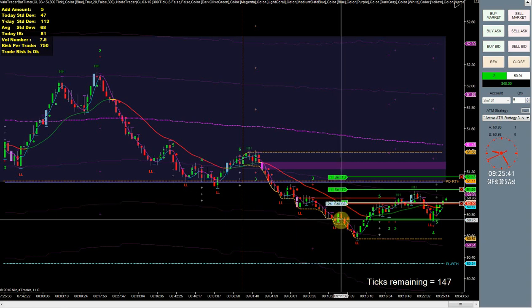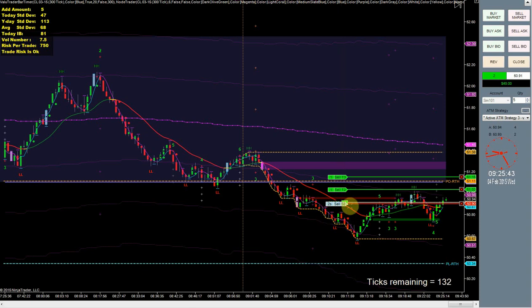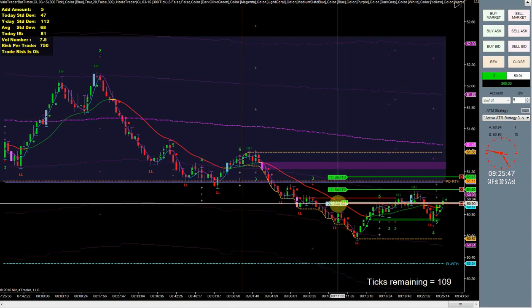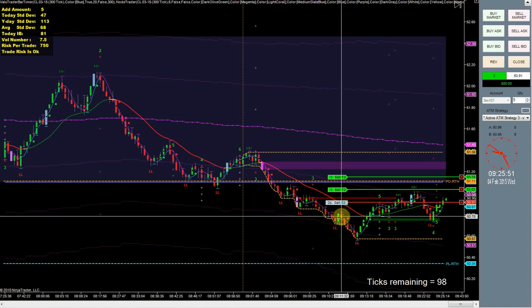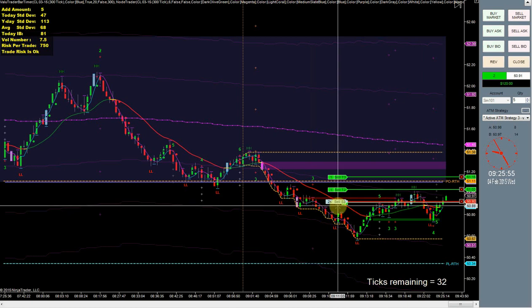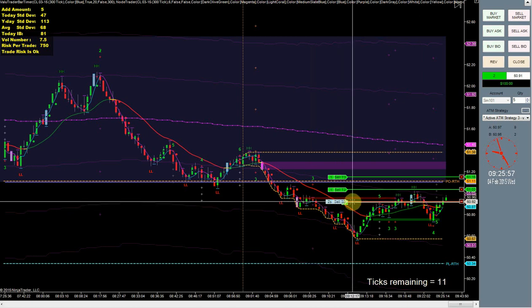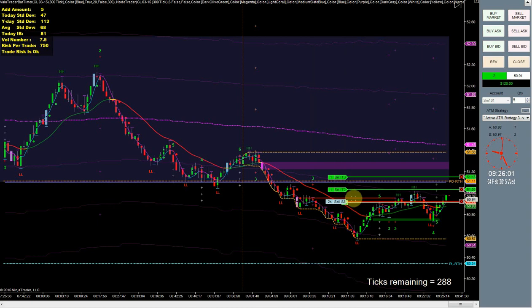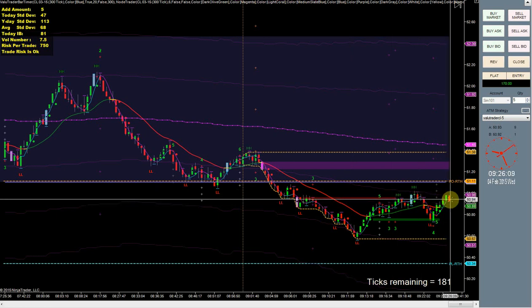Alright, I'm going to go ahead and move that there, mainly because, like I said, we do have this level. The market has come up to it, and I'm not sure if it's going to be able to push through that level. So if we don't get it, that is okay. We're still in a free trade right now. We're at break even +1. And it's highly probable. Stop filled. Yep. Highly possible that we were going to get taken out.